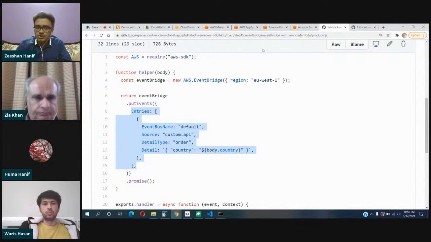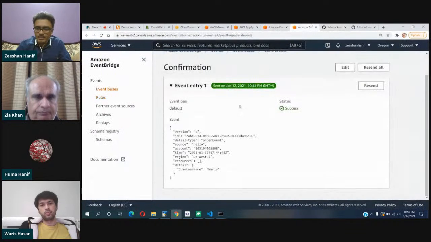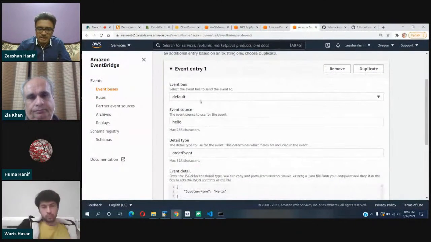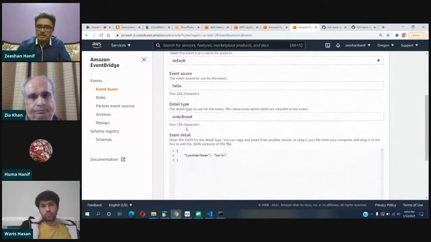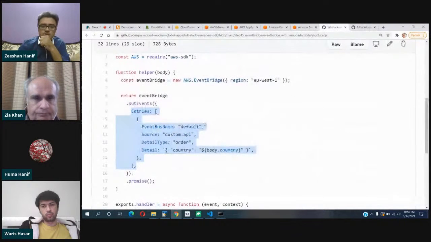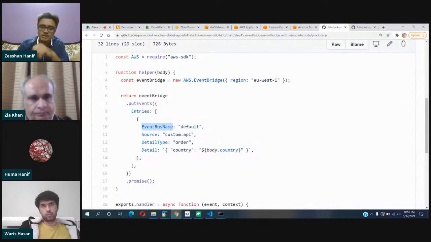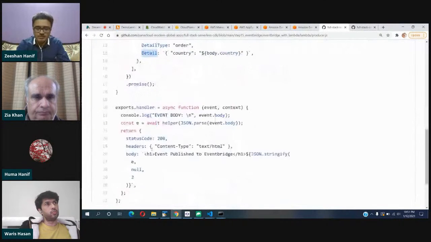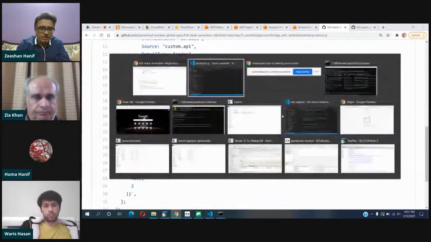So the way I showed you here with the testing tool: event bus, event source, detail type, and detail. This is exactly the same. What we need to do is provide the event bus, which will be default, the source name, whatever the source should be, the detail type, and then the detail. That's the important part. Otherwise, everything else remains the same. So what I'll do first is